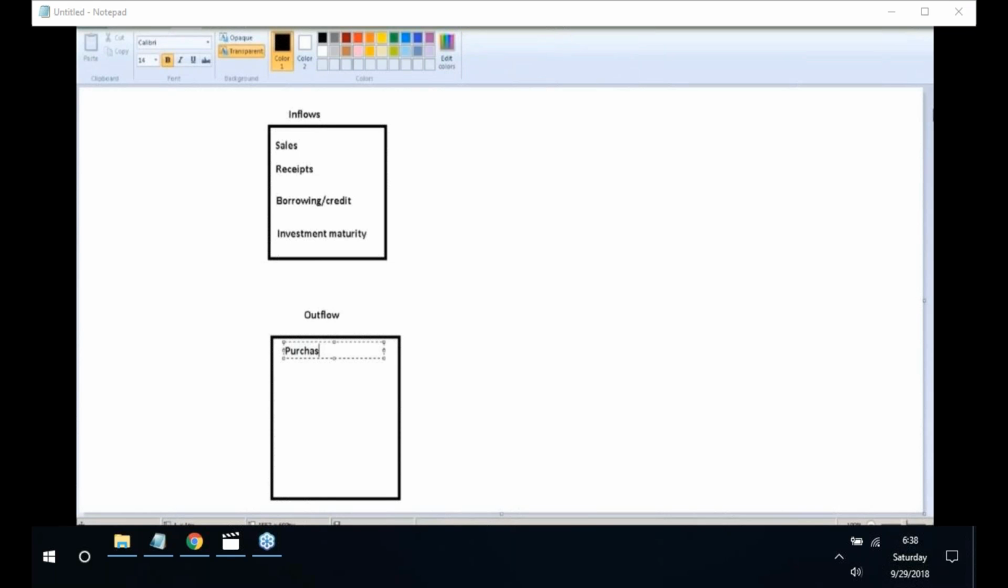Outflows of cash management are purchase of raw material and goods,